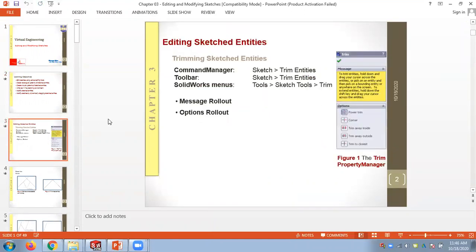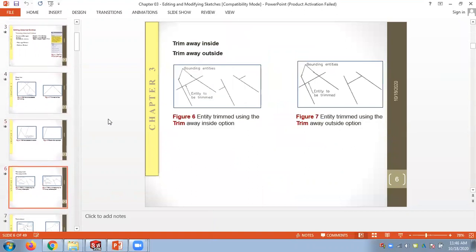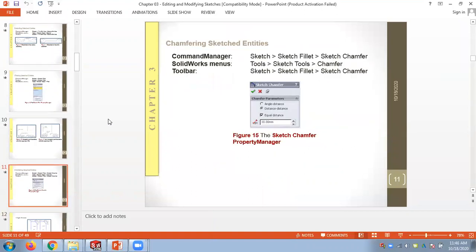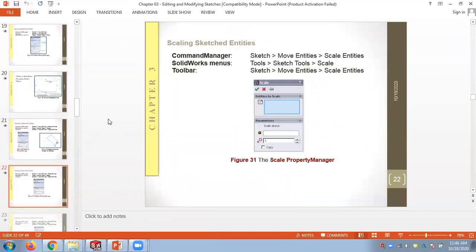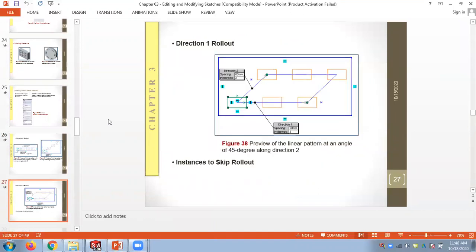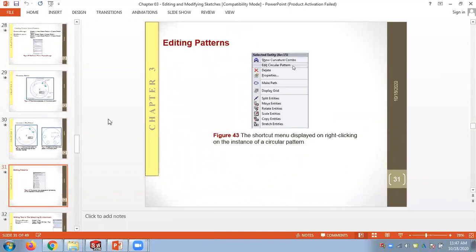I showed you one editing method called the mirror tool. We will look at the others in a while. Before we look at the editing methods, we will try to do a small tutorial again.